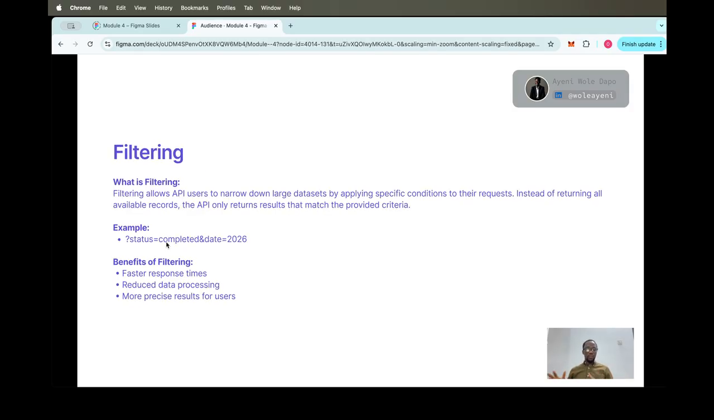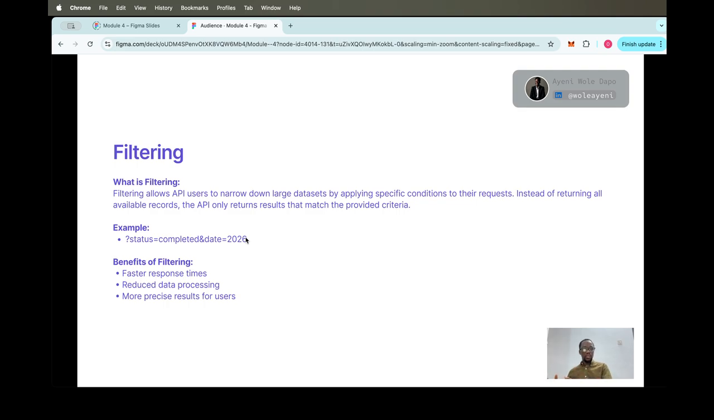Thirdly, we'll be looking at filtering. As APIs grow, they often return large amounts of data. Filtering helps you control that. Filtering allows users to narrow their results based on certain conditions, right? Take for instance, we have status, right? The query parameter here is status equals completed, date 2026. What this is saying is that